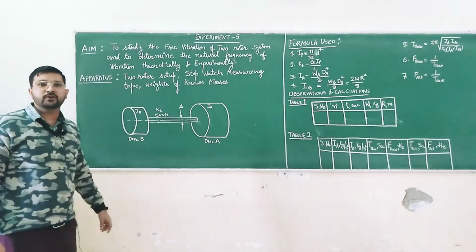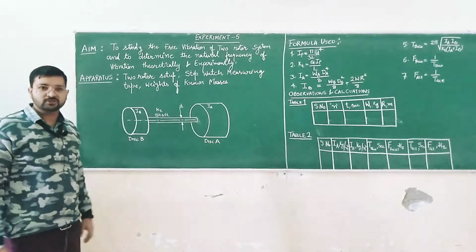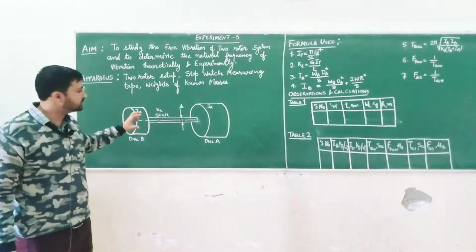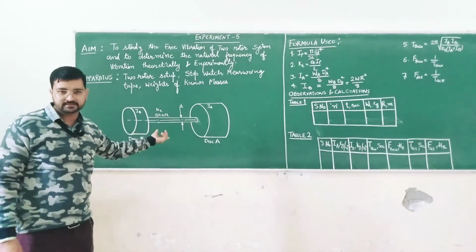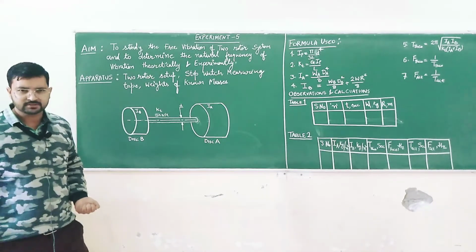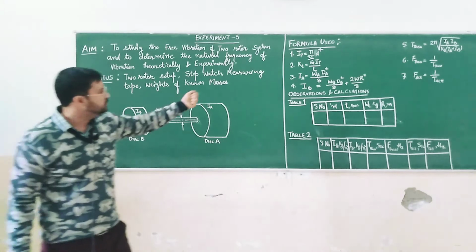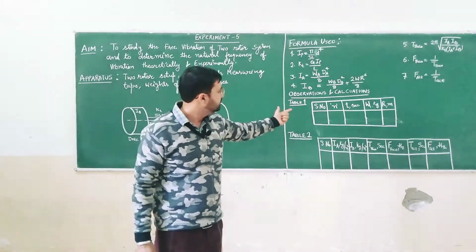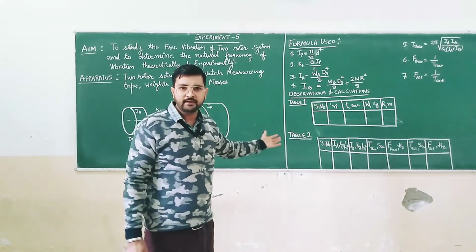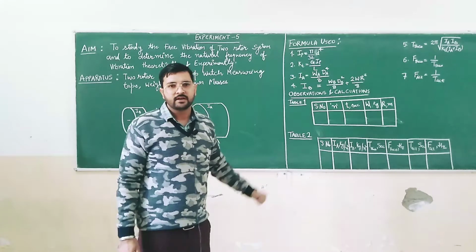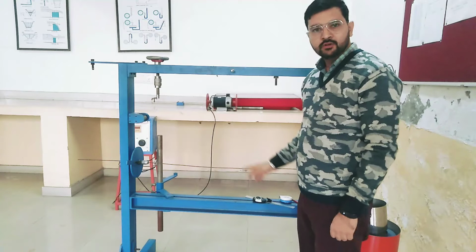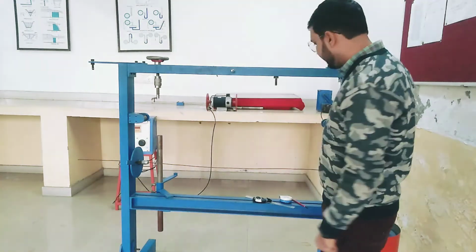In this experiment we are going to give some torsional oscillations. That is, one disc will move in the clockwise direction, and the other disc will move in the anti-clockwise direction. We are going to count the oscillations and note down the time period of oscillation. After performing the experiment we are going to find these values, fill in the observation tables, and analyze or compare the frequencies.